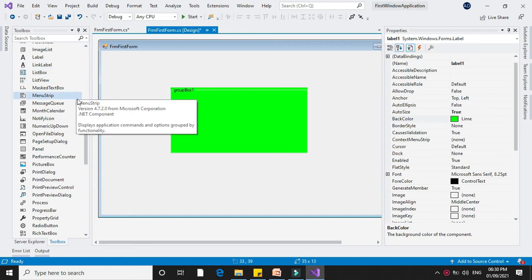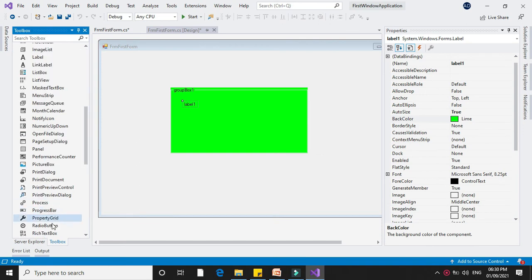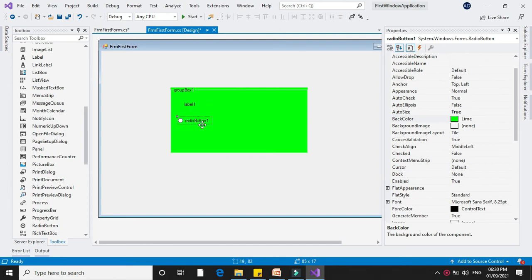If I add radio buttons, they will take the background color of your group box.